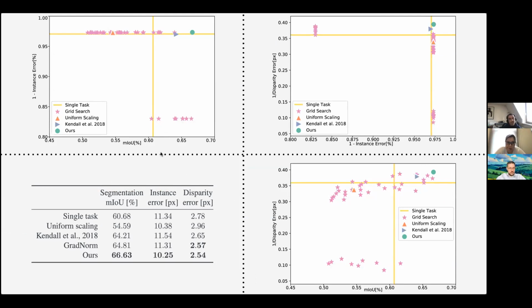And you can see here now, actually doing naive ERM, so basically naive mixing of the tasks, improves beyond the single tasks. We have these pink stars, which are actually much better than the accuracy you get from the single task solutions. For example, the bottom right is depth estimation versus the mean IoU for semantic segmentation. And you can still see here, you can apply our algorithm and it finds the better solution.